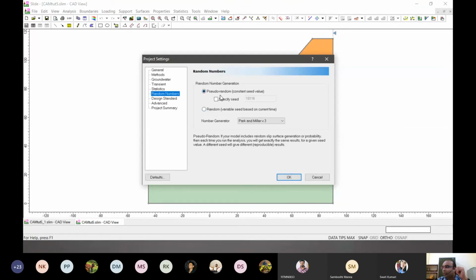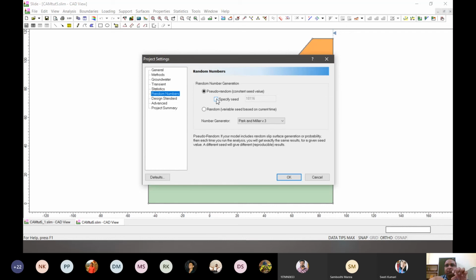Pseudo random variable, what it does is, the algorithm for any random variable generation requires a seed variable, a starting point from which, based on so many formulas, it calculates the next random variable and the next random variable and so on. Suppose I give it a value of 1, it has some very complex formula of 1 into 0.5 into 0.25 divided by this divided by that, and it finds some random variable.